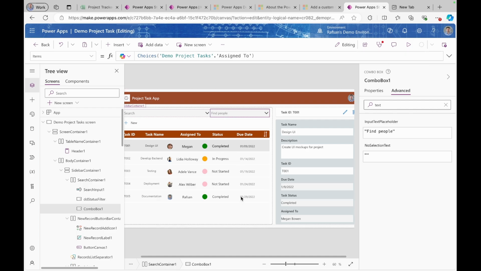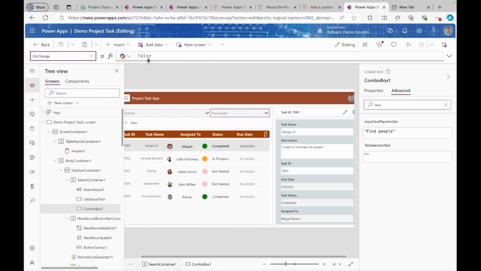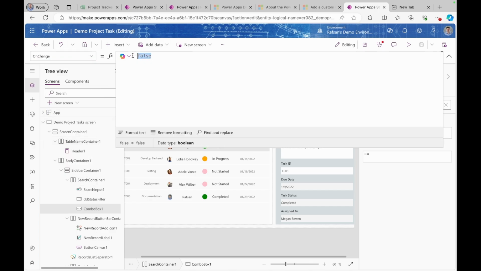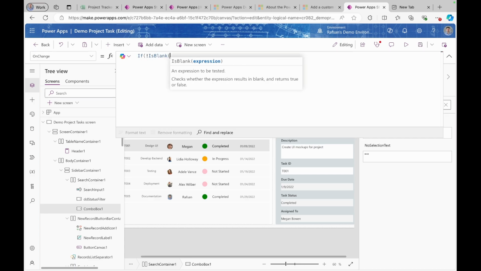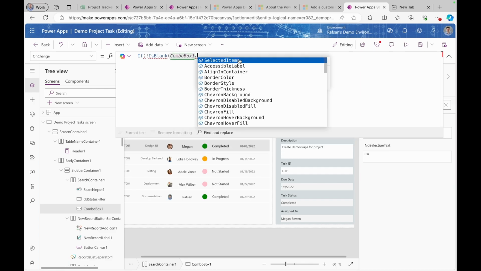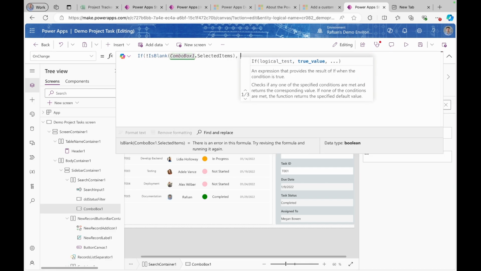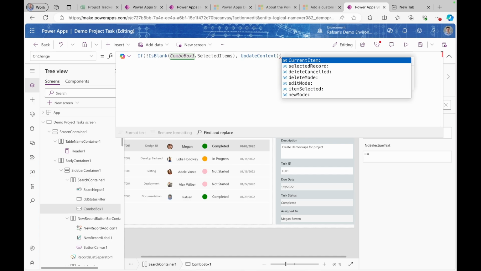And then what I will do, this is a little different than our drop down. So I will select this. I will create a variable first. I will come to on change. I'm saying if is blank combo box dot selected items. I'm saying if it is not blank, then update context, the local variable,